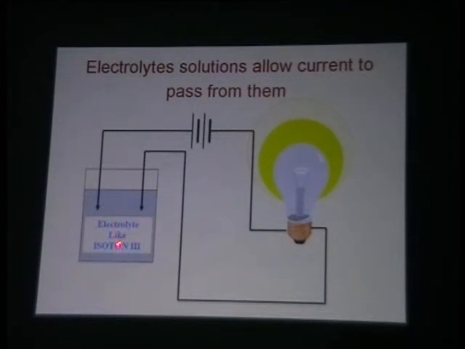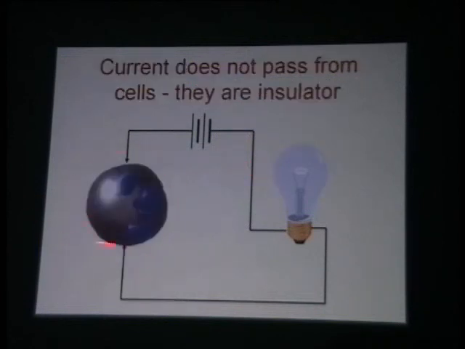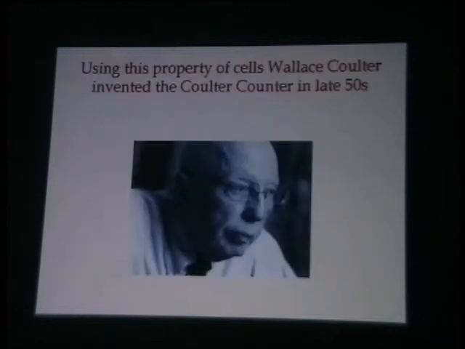We know that electrolyte solution through which the current can pass through very easily and the bulb will light. However, you put a cell in the middle of electric current and the bulb will not light because this cell is working like an insulator and will not let the current to pass. Using this property of cells,